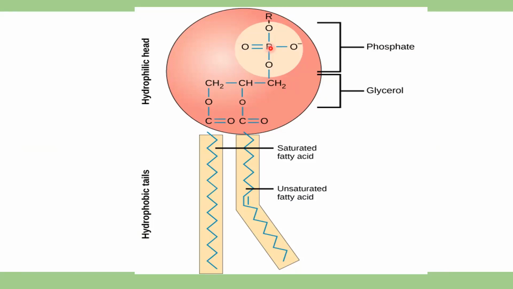You can look at PO4, and there is a negative charge to it. Then this phosphate group can be a part of any molecule, so R shows that molecule. So this is the phosphate. Because of this phosphate, this becomes hydrophilic. We call it a hydrophilic head. This entire thing, the hydrophilic head, is phosphate plus the glycerol, right?